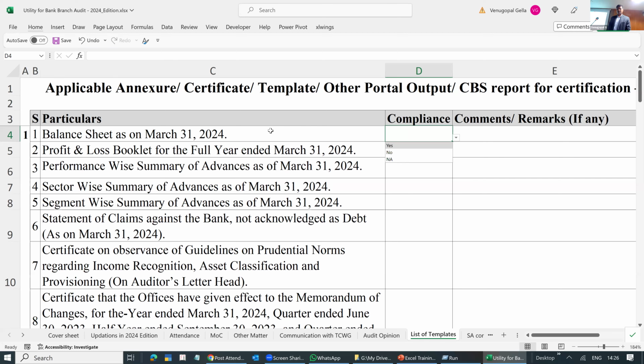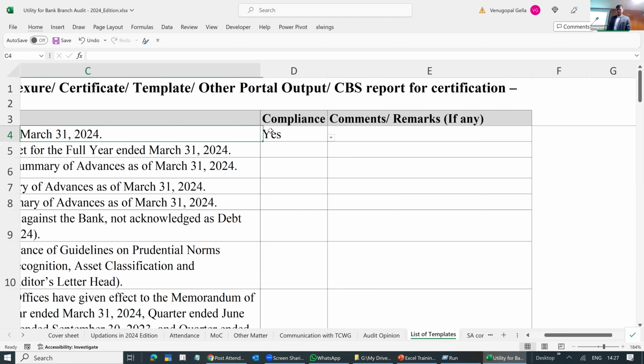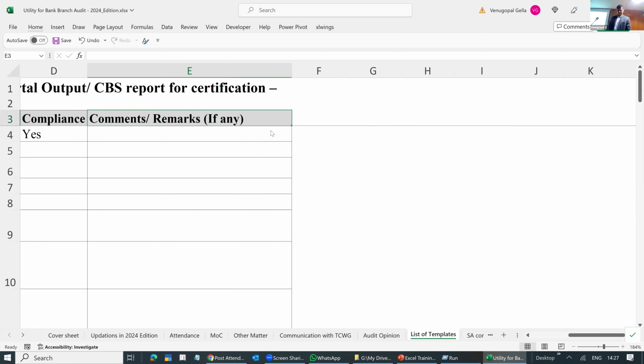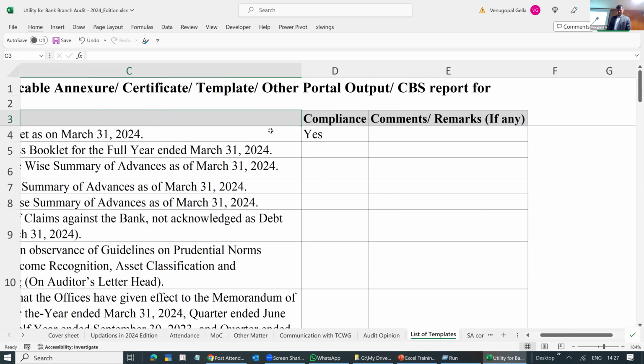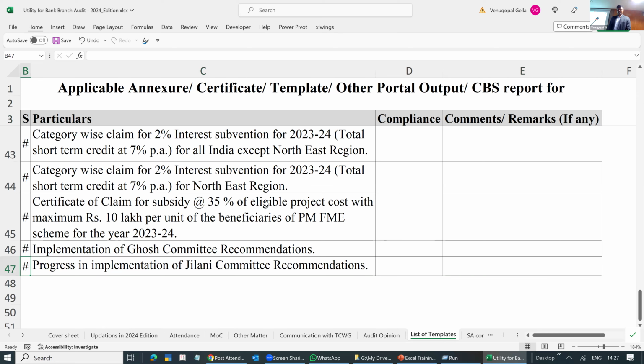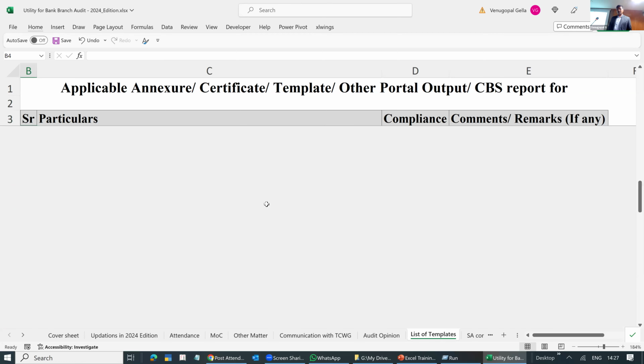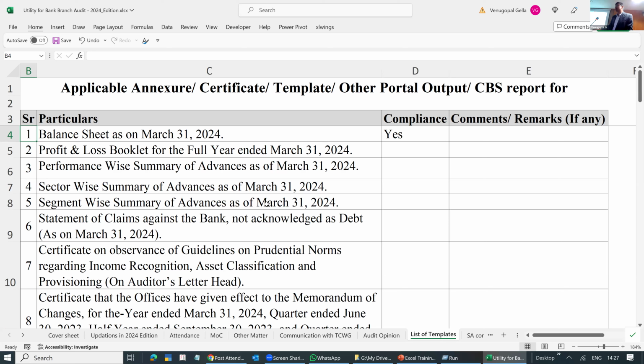Balance sheet as on 31st March: you have verified? Yes. If you have any comments, you write the comment. You can start with this as your checklist, which has totally 46 items. Just print this file and keep it.